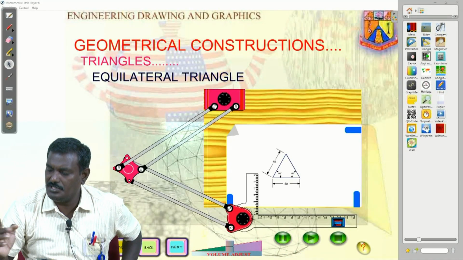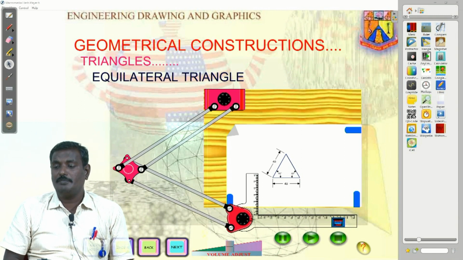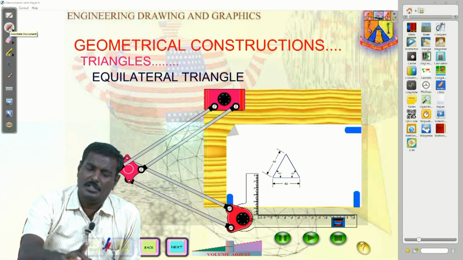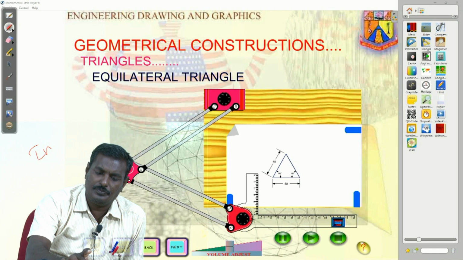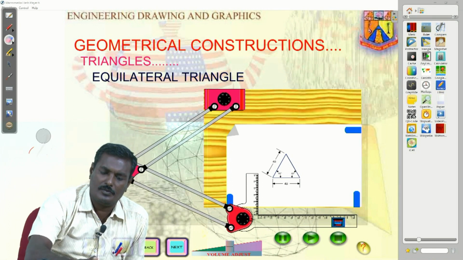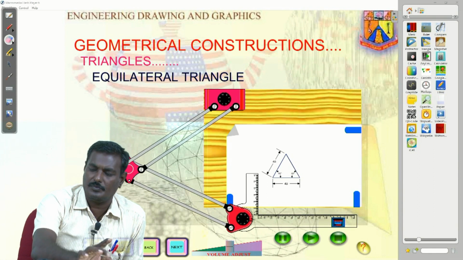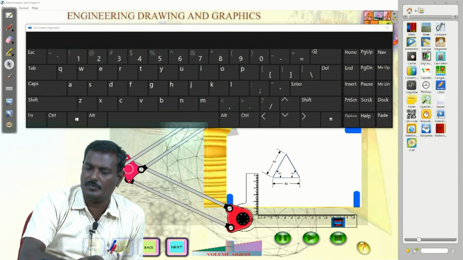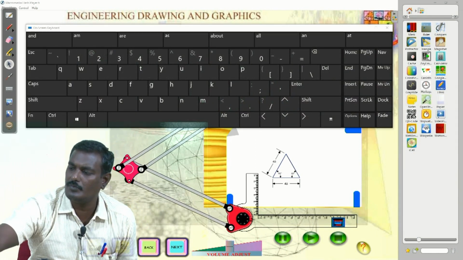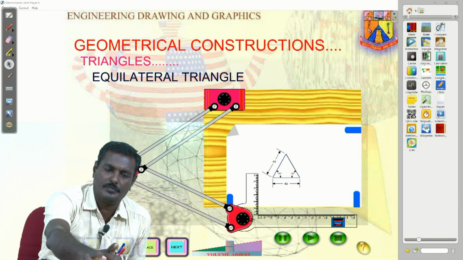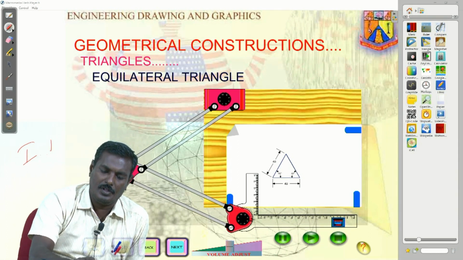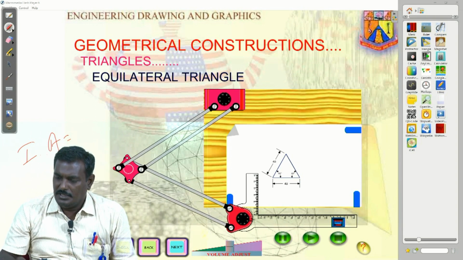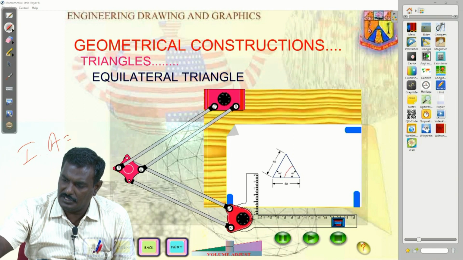Here the included angle is 60 degrees. So, what about that 60 degrees? Now we have to learn what that 60 degrees is and how it comes. So, the included angle. What about this included angle? Try to see, this is the included angle,